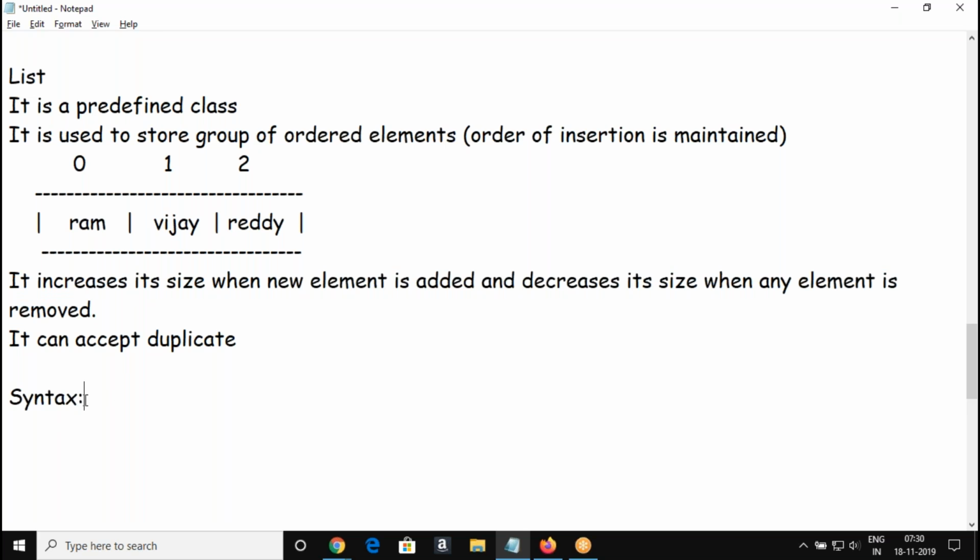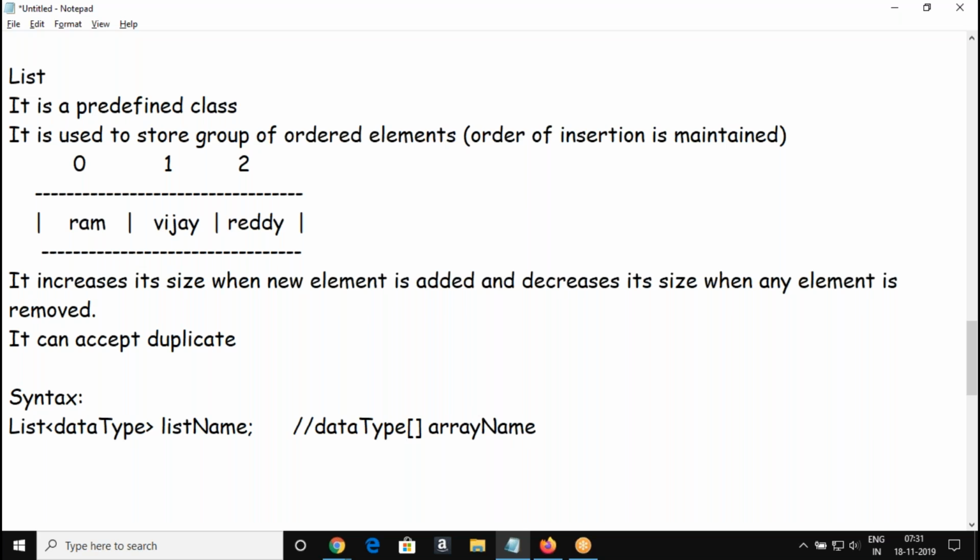What is the syntax of declaring your list? The List keyword, and then we'll have a data type here, what type of data you are going to store in the list, and then the list name. This is the syntax. It's similar to your array, where we have a data type, open and close brackets, and the array name.